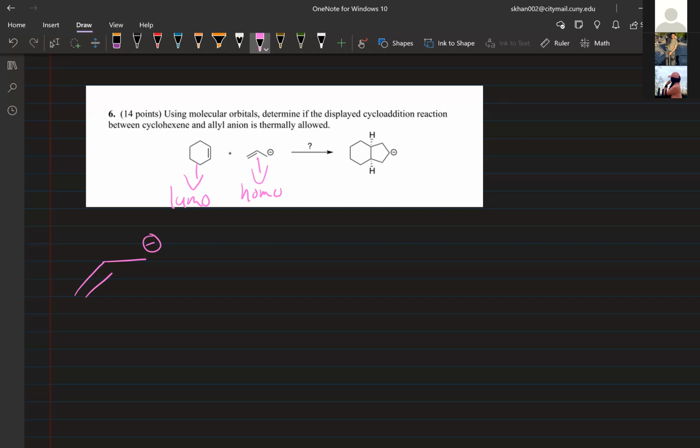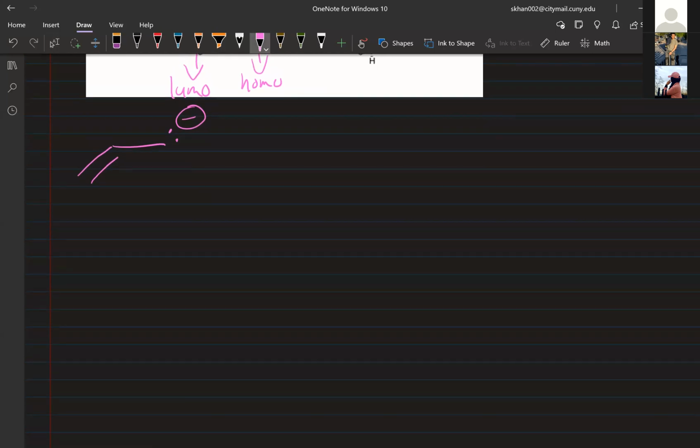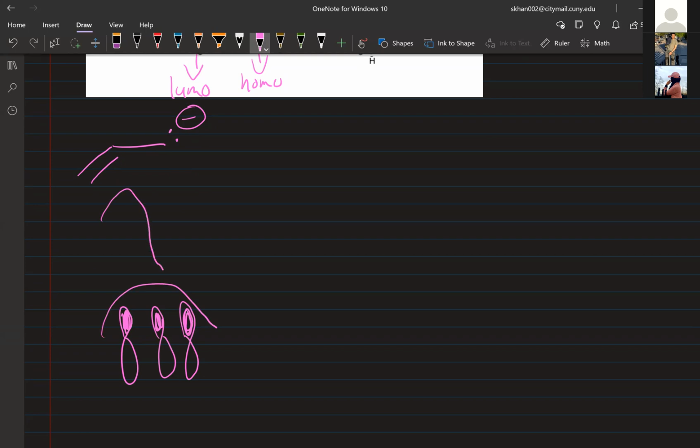Okay, so let's draw out. So here we have, how many p orbitals here? Three. Right. So we get how many molecular orbitals? Three. Right. So the first one is easiest. Maybe you've seen this in class. So the first one, we're all good that they're all in the same phase, right? The second one, right, is